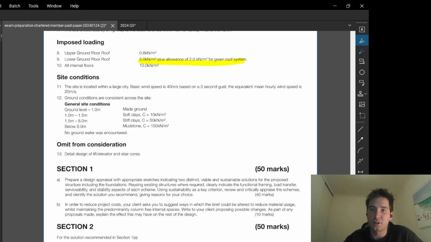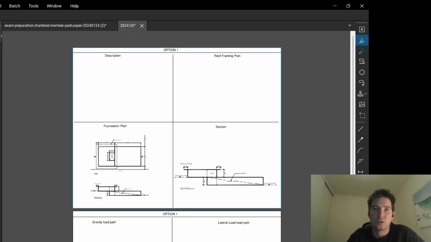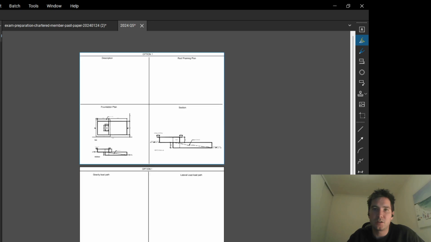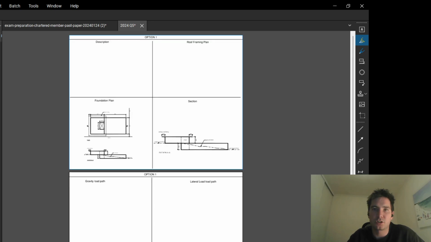For this particular video, I'm going to try and keep it short and punchy. For section 1, I'm just going to show you my first concept. I'll come back later and show on another video what I'm thinking about for a second concept and critically evaluate the two. So if we come in here, here's the layout that I'm proposing